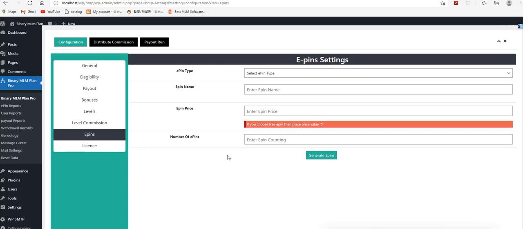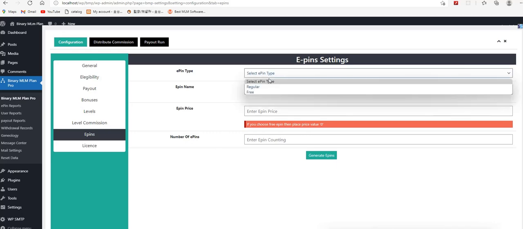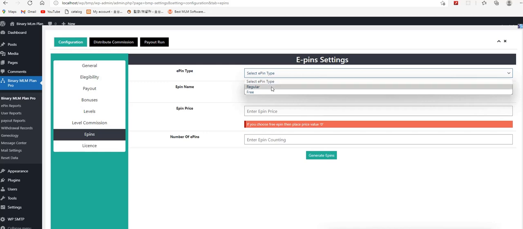Here we have given some settings for the EPINs, like EPIN regular or free. You don't need to use the free one. I just put this in case someone wants to have a free EPIN and wants to make the payment payable persons to them. That's the reason we have that. But if you need the member to pay the money as a paid member, then you should consider the regular EPIN.